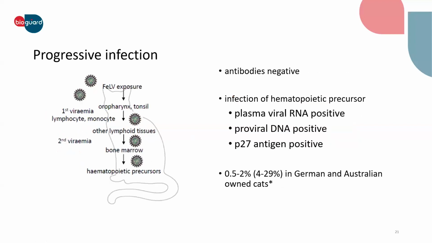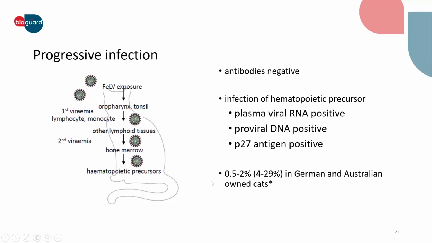And for a cat in very poor immune status, there is no immunity at all. So the virus gets into the lymphoid tissue and produces the secondary viremia, and those viruses will then get embedded into the bone marrow and infect the hematopoietic precursors